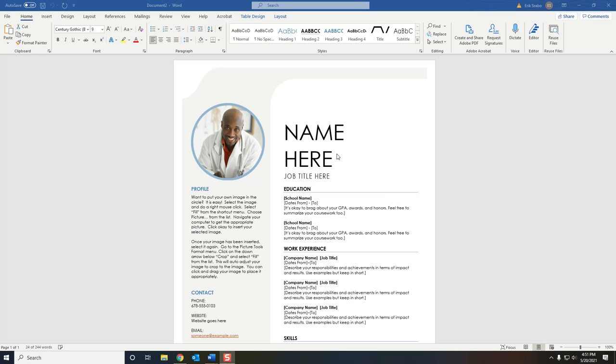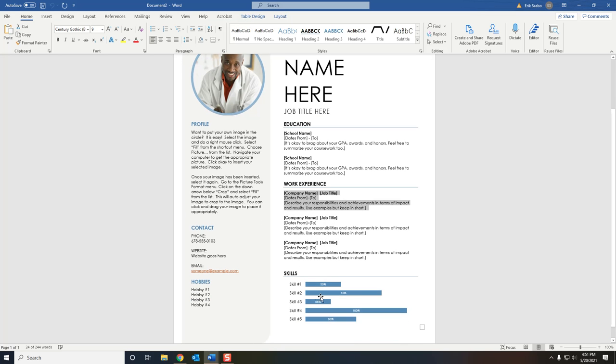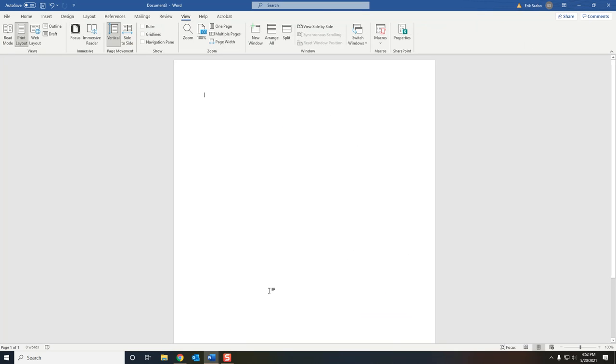Great. So let's say I want to copy name here, right? And I'm going to hit Control C for copy. Right, and let's say I click this guy's face and I hit Control C for copy, and I want these paragraphs here and I copy that, and I want this work experience paragraph here and I copy that. Oh, and you know what, this chart is helpful, I'm going to copy this as well. So I've hit Control C for each of those,